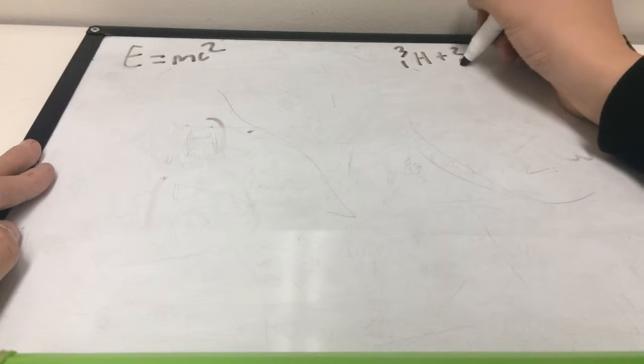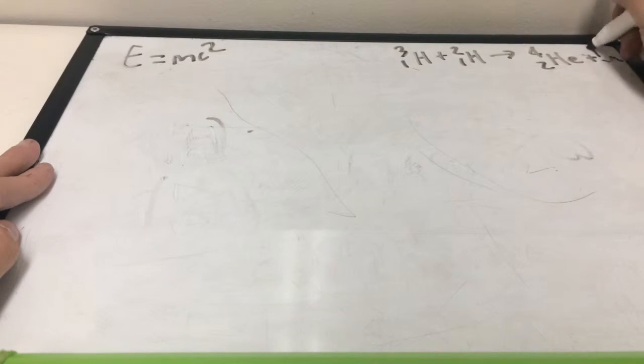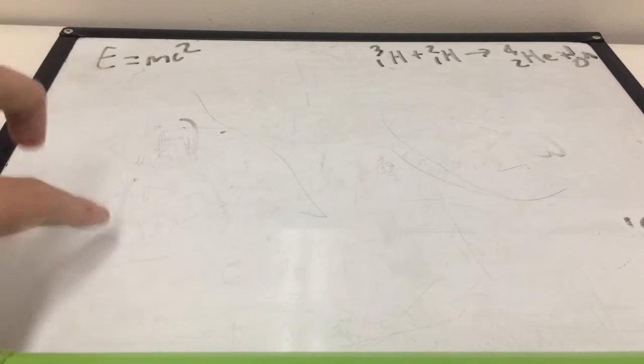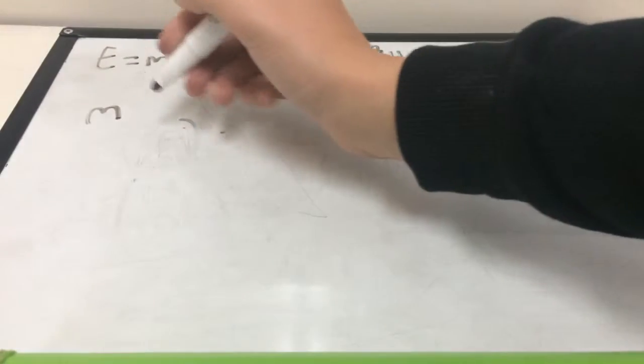H becomes helium and a neutron. Right, there we go, that's at the top now. Now, first thing we need to calculate is the mass defect. So, the mass defect